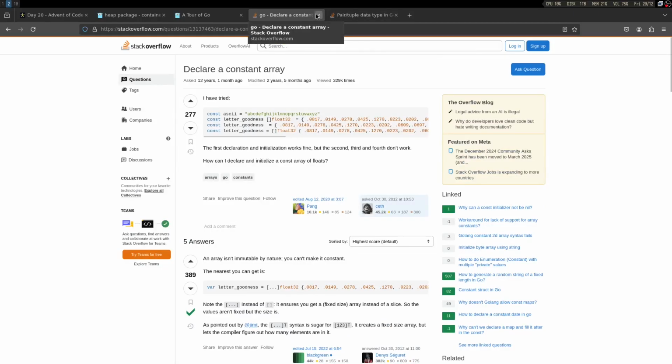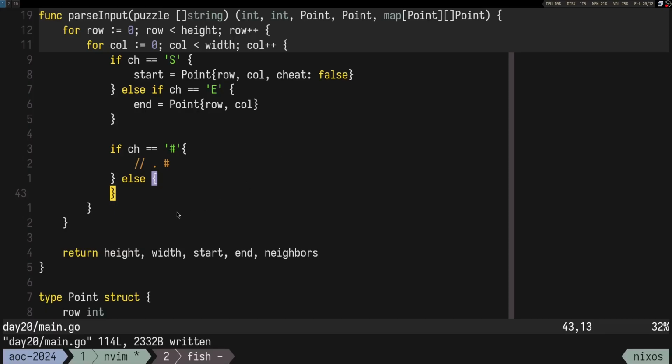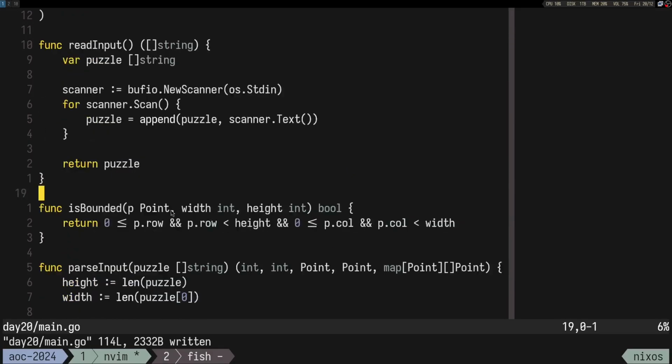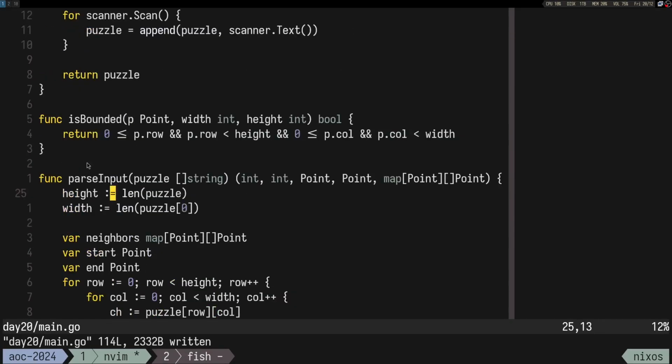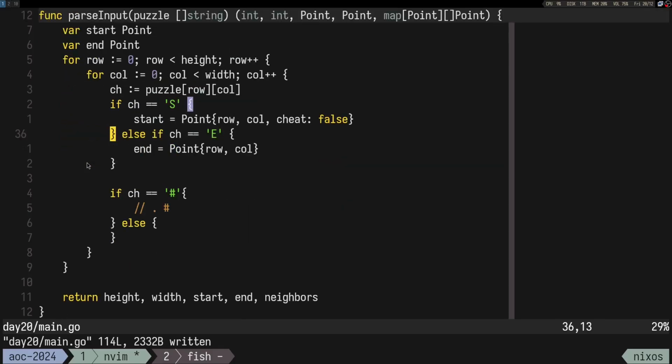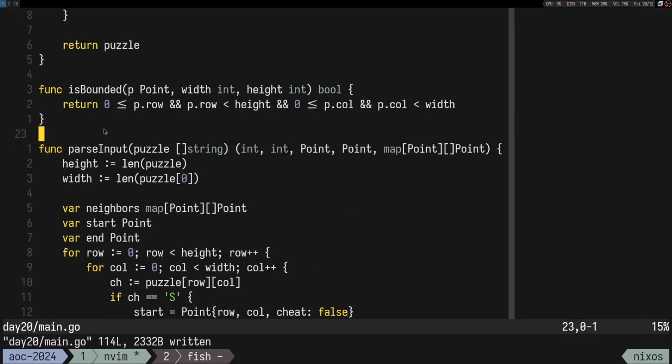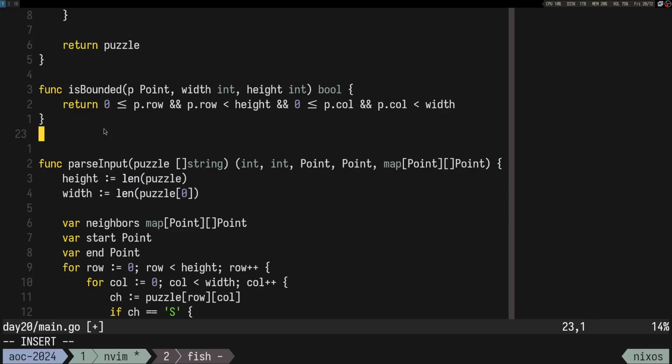Okay, whatever, I don't really care about that. What if we make a function that returns the neighbors? So something like